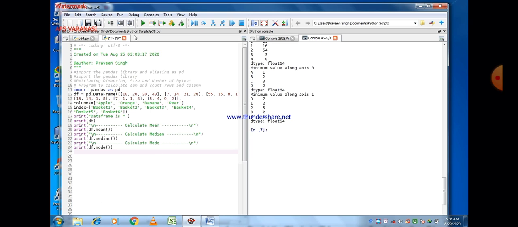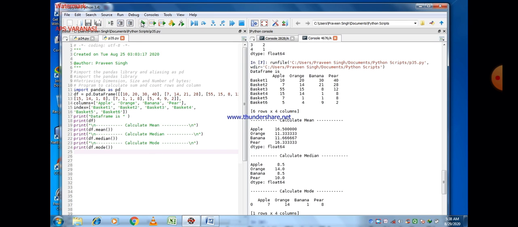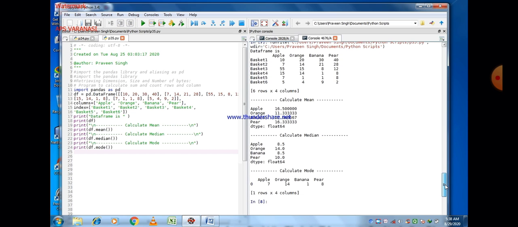This is our program here, and just run the program by clicking on the run button. Now here you can easily see the mean, median, mode along axis 0.